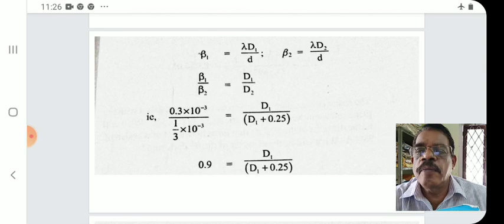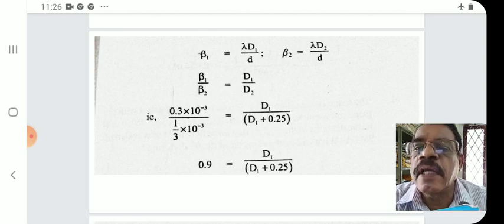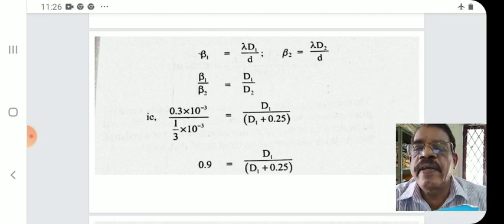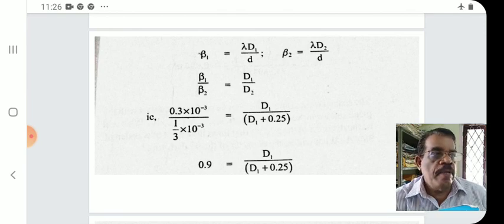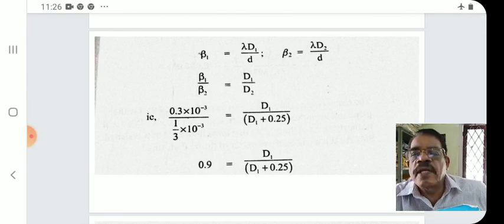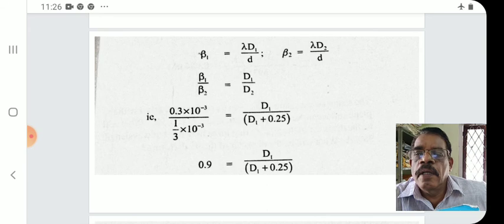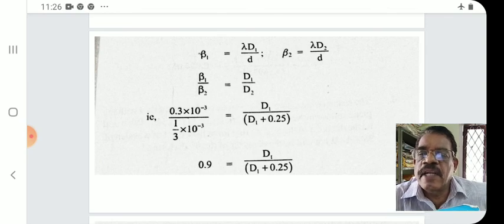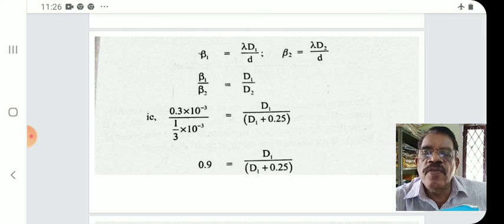First case, beta is 0.3 into 10 raised to minus 3, that we convert into meter. 0.3 millimeter is 0.3 into 10 raised to minus 3 meter. In the denominator, 1 by 3 beta 2, that is 1 by 3 into 10 raised to minus 3 meter. Millimeter is converted into meter, is equal to, on the other side, first distance d1, second distance is d1 plus